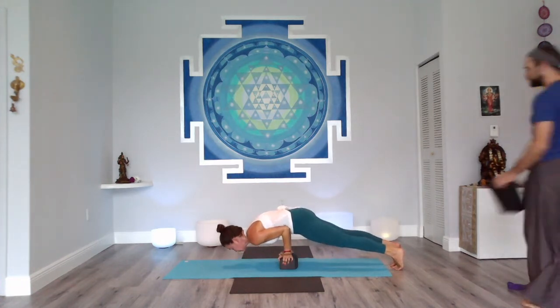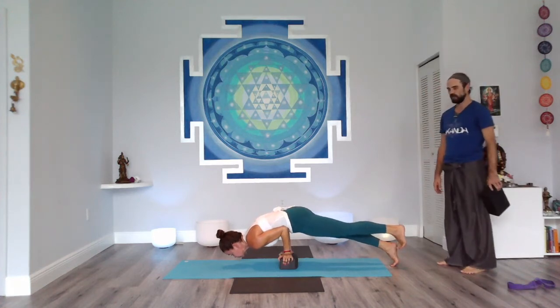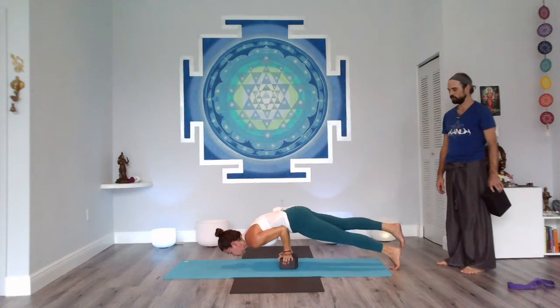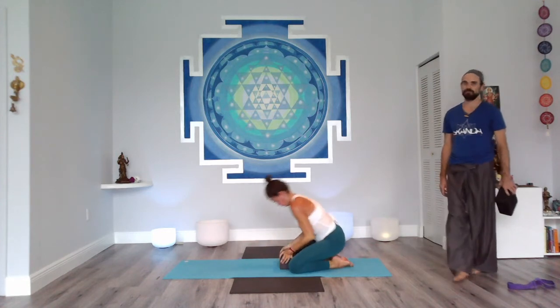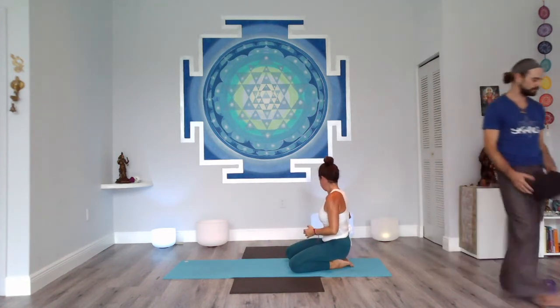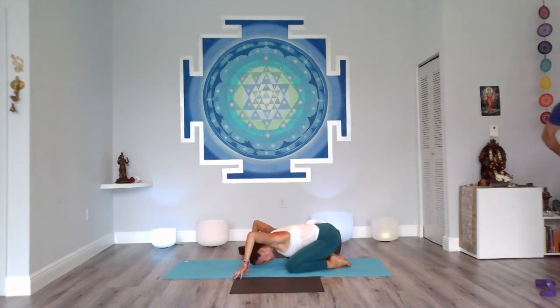Push forward off your toes. Lift one leg up. You can hold it there for 5 breaths. And then lift the other leg up. Or maybe both legs up. Nice. And then come to sitting for